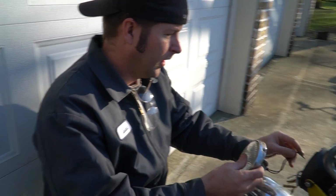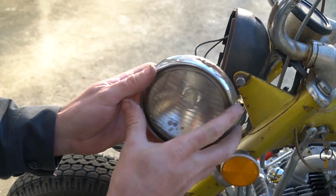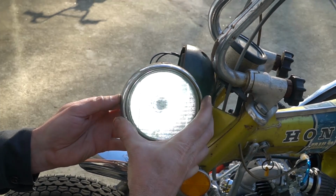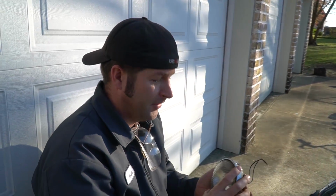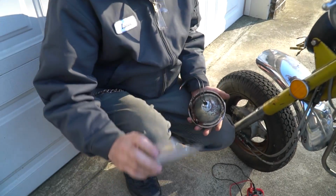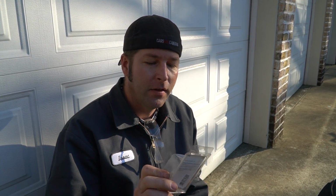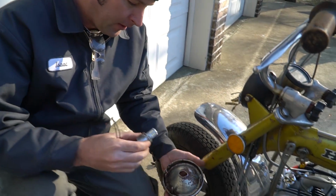Yeah, dude. All right. What I've got is, the key's on. There we go. That's pretty bright. Yeah, and that's an LED brake light. And what I've done is I went out and I found a universal double contact socket. It's a Dorman product, part number 85802. And what it is